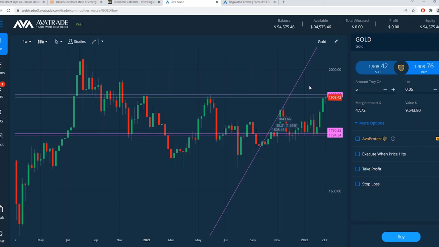So the question is, gold is a safe haven against inflation. And if we're expecting potential continued inflation because of energy prices maybe going up further than they already have, we might see gold break this resistance level. We could easily see gold break this resistance. And where's the next resistance level? On the 1-week candles here, we're talking 1960 approximately. We're already above 1900 now.